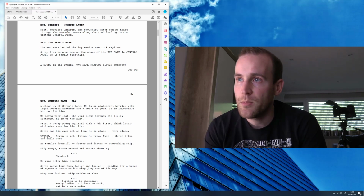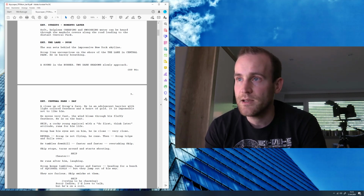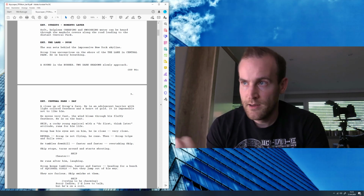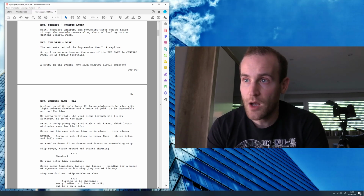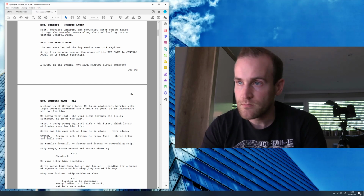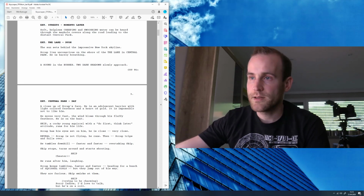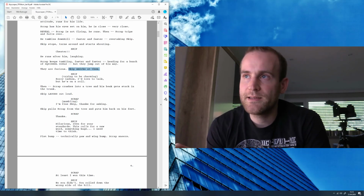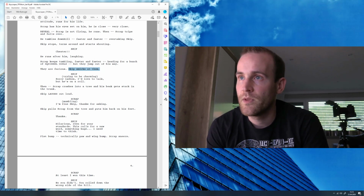He is on the hunt. Skip, a cocky young squirrel with a do-first, think-later attitude, runs for his life. Scrap has his eyes set on him. He is close, very close. Reveal. Scrap is not flying, he runs. Then, Scrap trips and falls over. Excuse me. He tumbles downhill faster and faster, overtaking Skip. Skip stops, turns around and starts shouting. Cheater! He runs after him, laughing. Scrap keeps tumbling faster and faster, heading for a bunch of squirrel girls, but they jump out of his way. They are furious. Skip smirks at them, trying to be charming. Sorry, ladies, I'd love to talk, but he's on a roll. Then Scrap crashes into a tree and his beak gets stuck in the trunk. Skip laughs out loud,